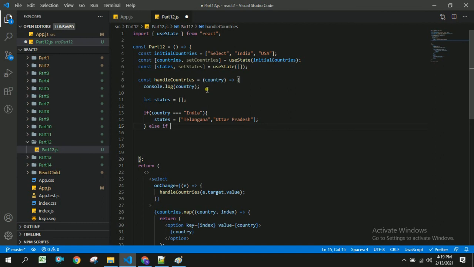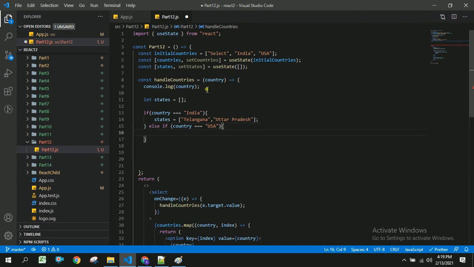Else if country, so we have to use triple equals for strict equality, then states equal to the USA states.